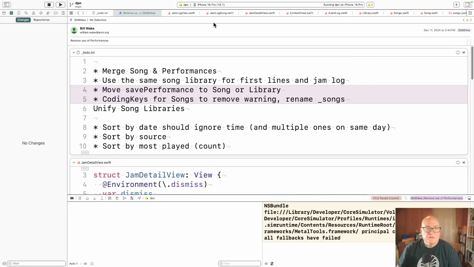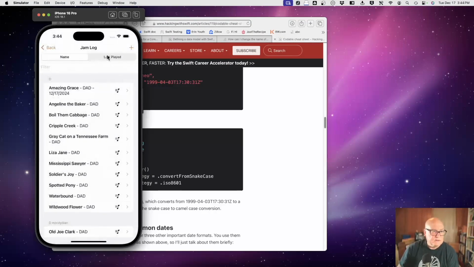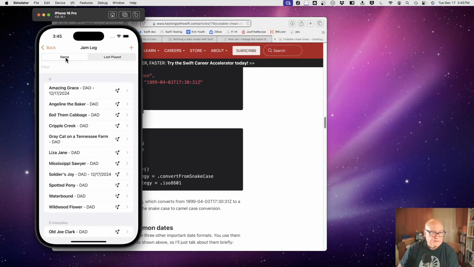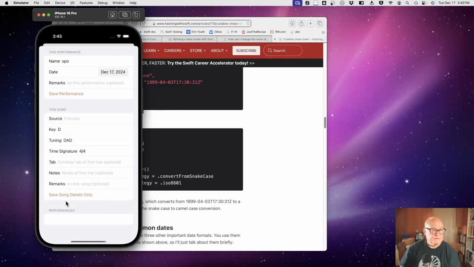Okay, so we haven't looked at, let's make sure the sorting works. Okay, one benefit of that. And what else? The filter. I don't think it should be affected. Okay. And this.